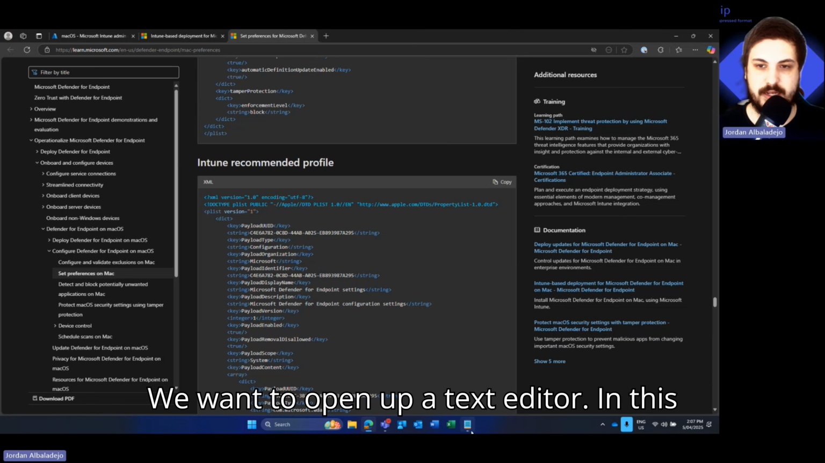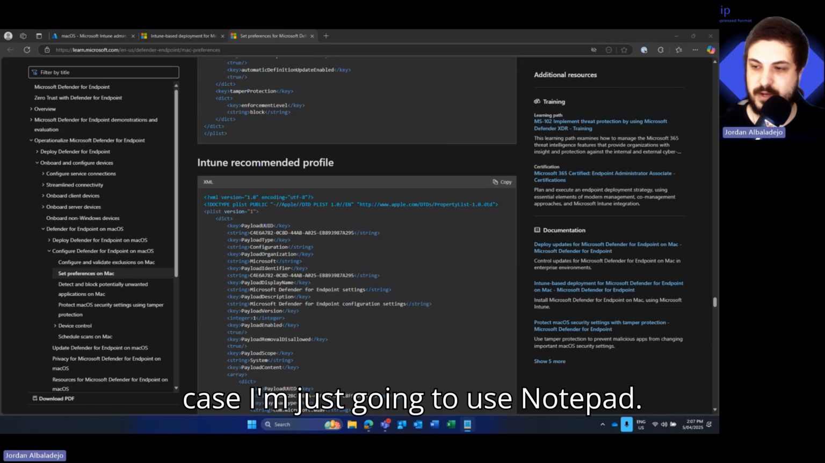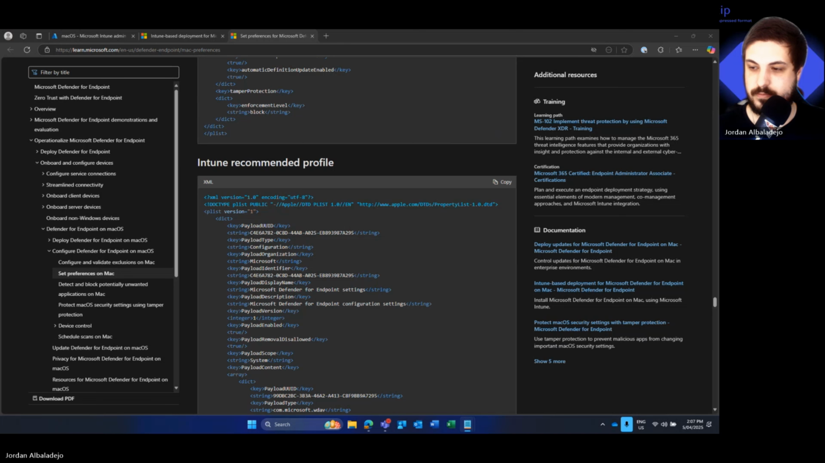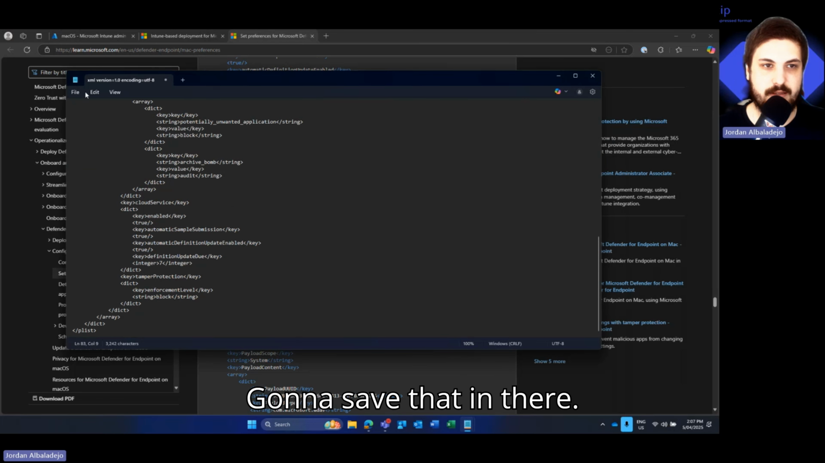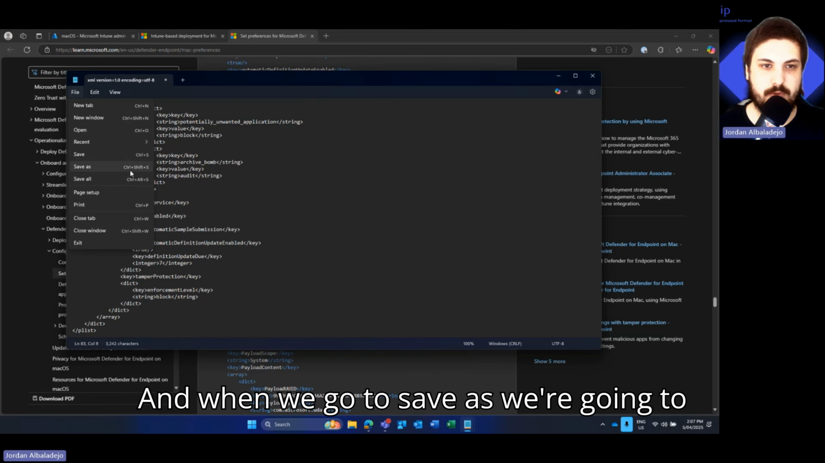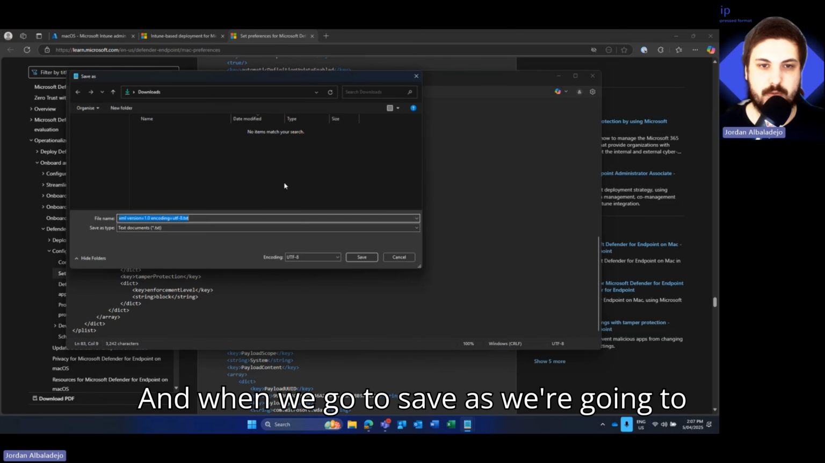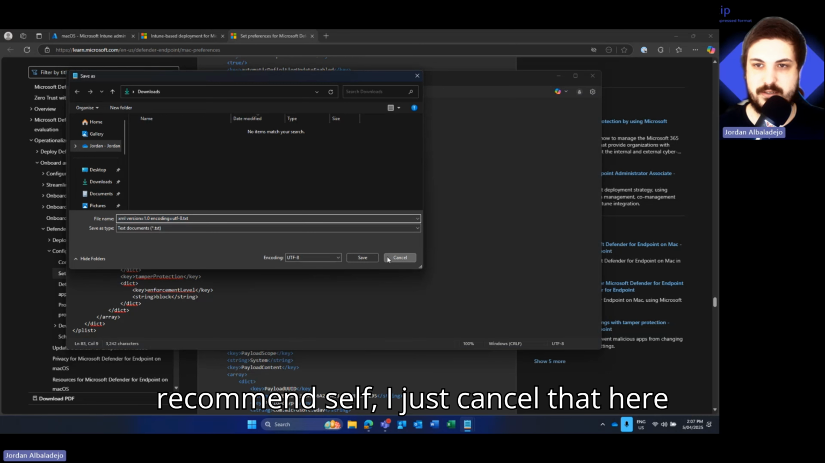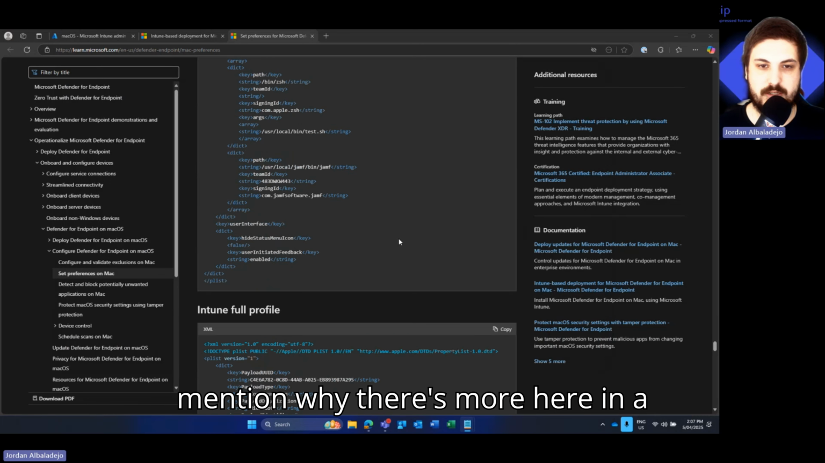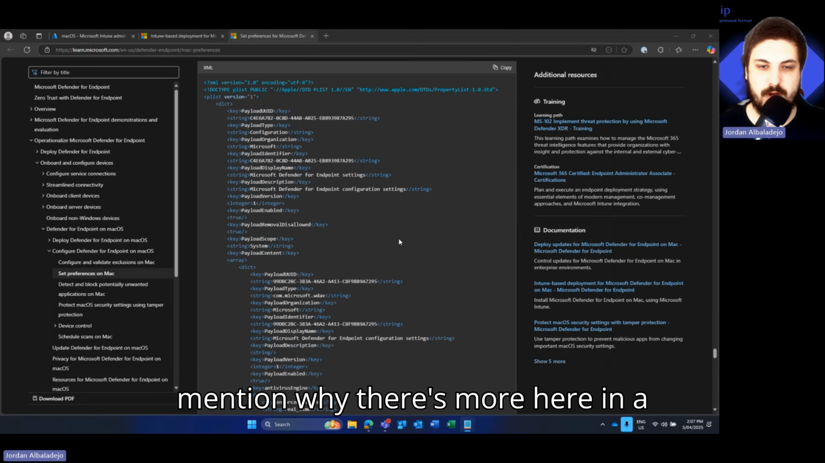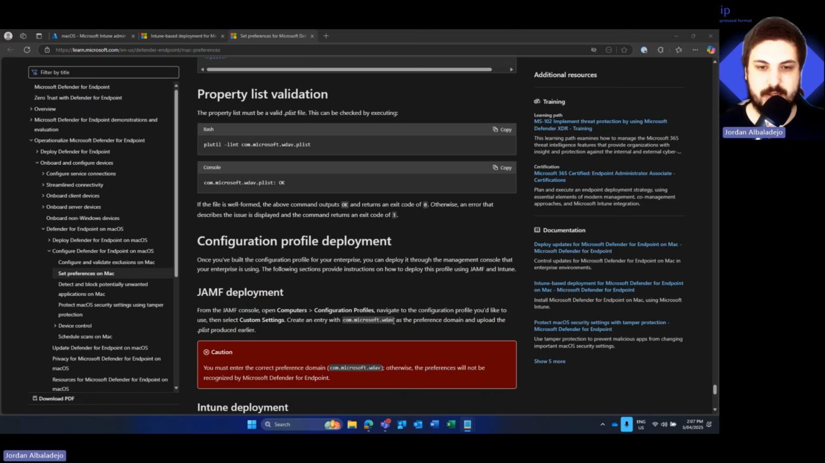We want to open up a text editor. In this case, I'm just going to use Notepad. We're going to save that in there. And when we go to save as, we're going to use the naming convention that they recommend. So if I just cancel that here and scroll all the way down, I'll mention why there's more here in a minute. We want to make sure to name it this,